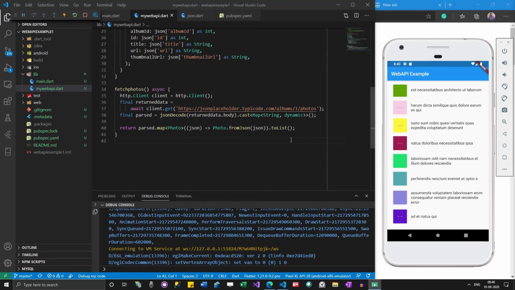In such cases, you can use something called the compute method. I have used that in my actual example. I will leave that to you guys, so you can try it. But this is a very basic example of reading something from the internet, like reading web APIs.